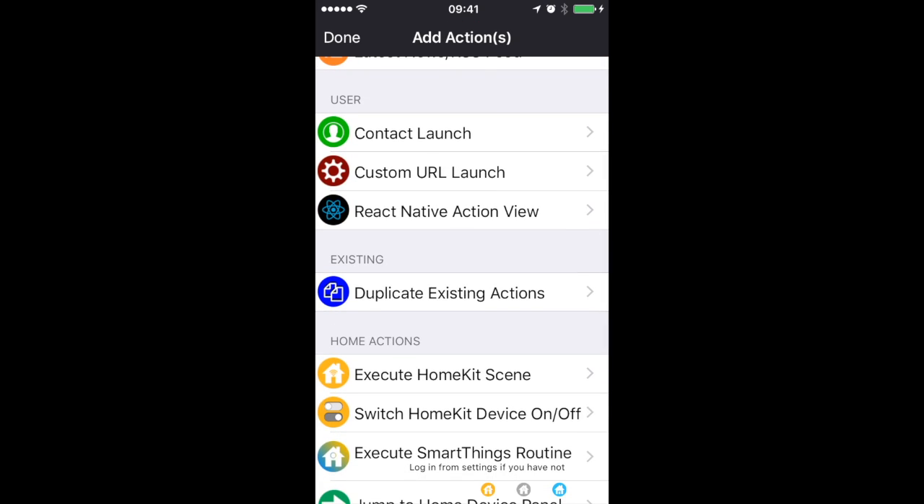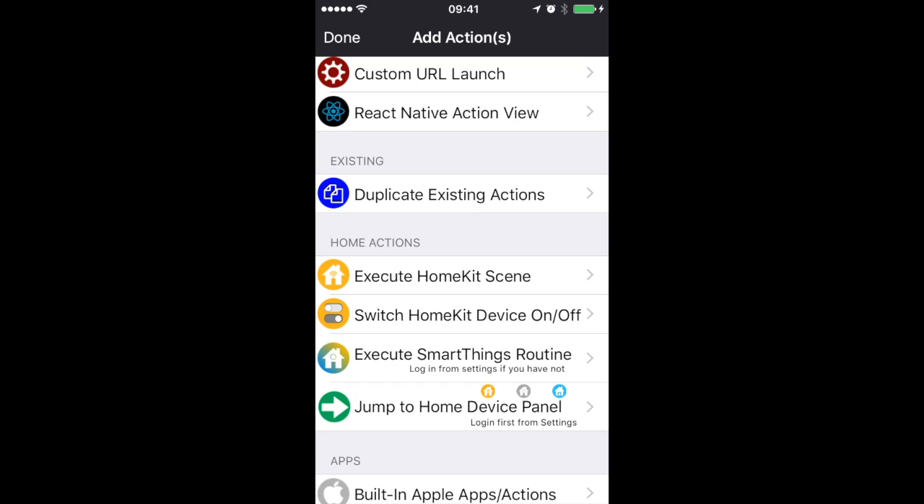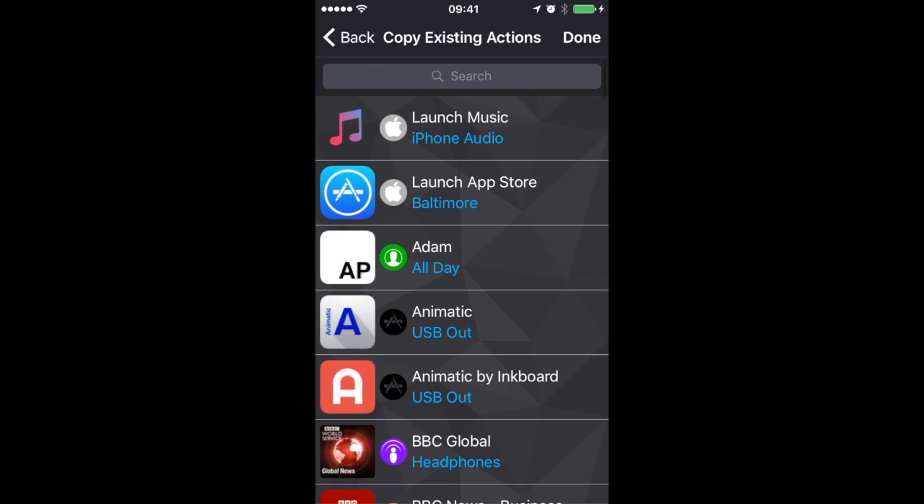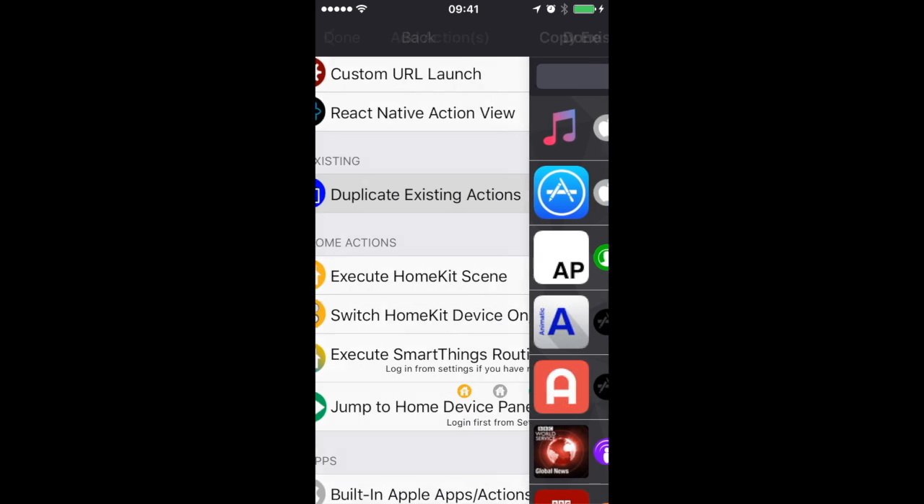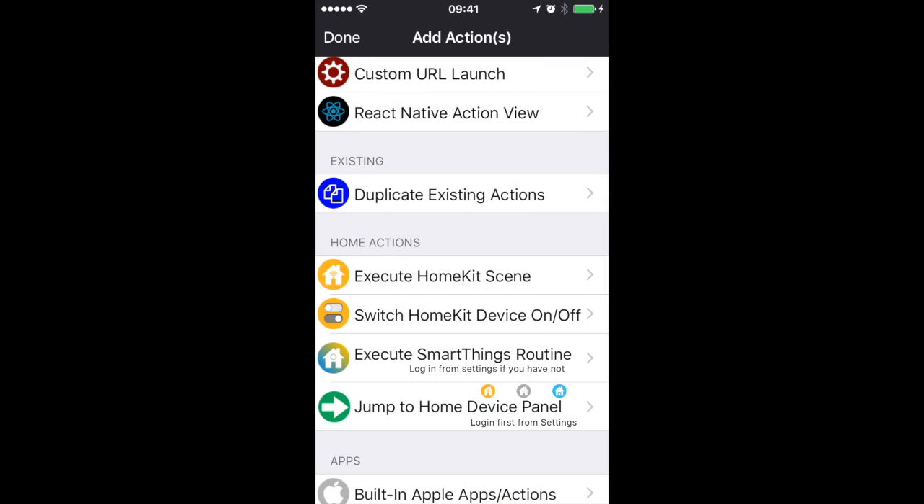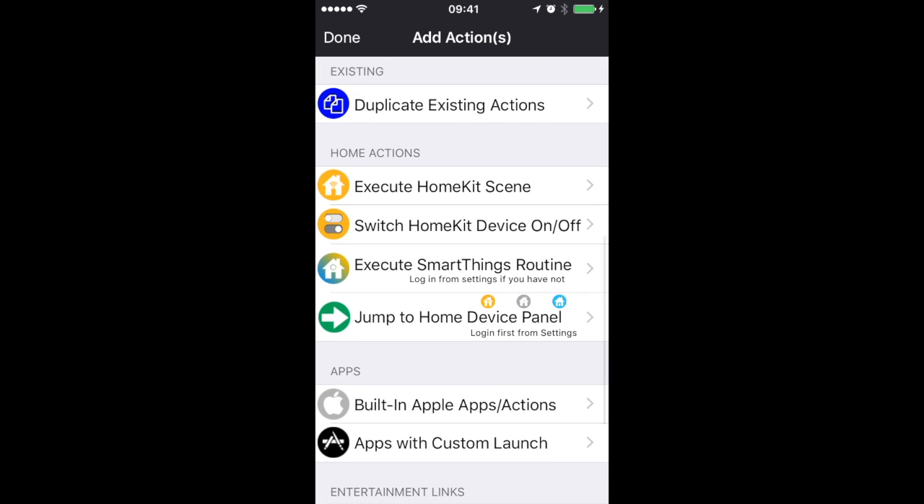I'll get into custom URL and React Native Action Views or micro apps in a different tutorial. That's a little bit technical. Duplicate existing actions, that just speaks for itself. You can just copy to a different panel some actions you've already created. For example, if I'm in Baltimore but I want to have a couple the same when I go to a different city or whatever, I can just add them using the duplicate